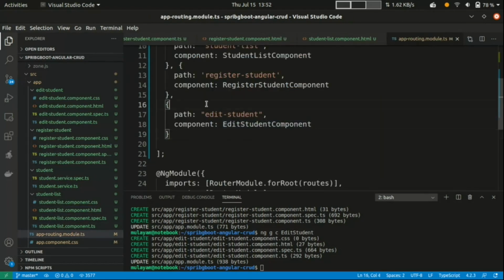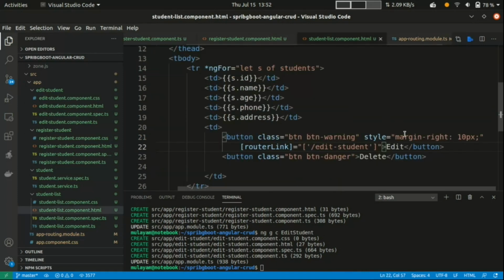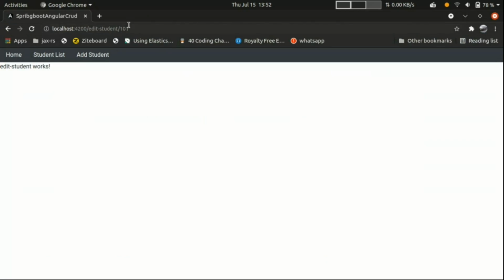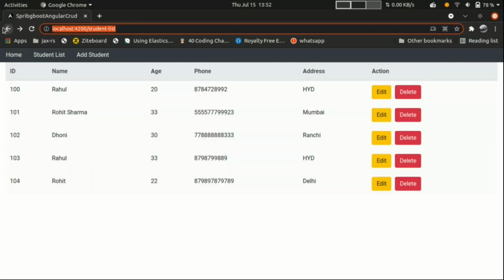We have to add a dynamic parameter. Just give a slash here and id. So this is a dynamic ID or dynamic param. So when I click here, I have to pass, in the edit list, a second value in this array. Just pass that ID, so s.id. So what will happen now when we click on this? Yeah, we can see it will be passed dynamically.